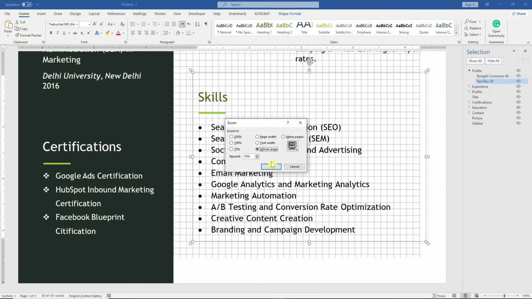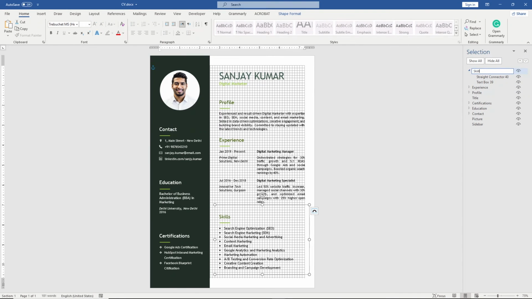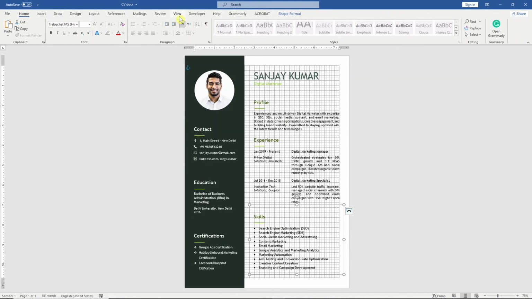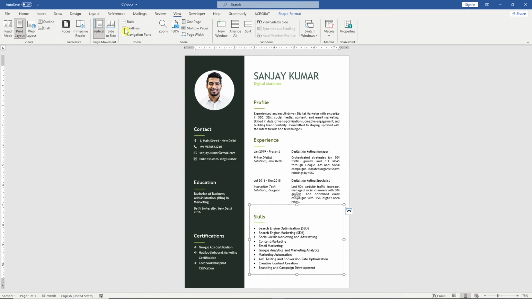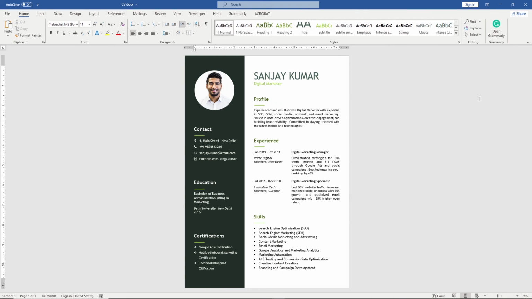Let's zoom out to whole page. Close the selection pane and remove the grid lines. Lastly, select all 4 of them and distribute them vertically. And that's it. Your CV is ready. And now comes the coolest part: how to get different designs with one click to make